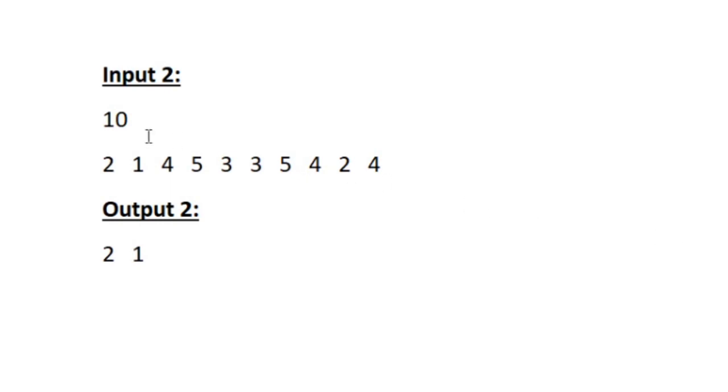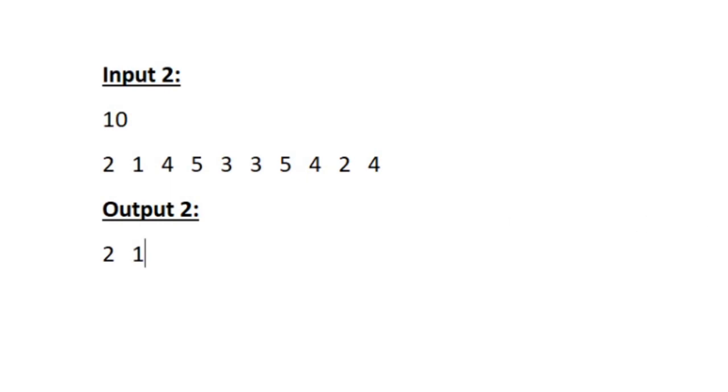So this is our sample input 2, and again the value of n is equal to 10, and these are the 10 integers. So at the index 1 the integer 2 is present, so it has occurred only once, and then at the next index the integer 1 is present, so 1 has occurred for 1 time. So the value has occurred for value number of times, so this condition is satisfied because 1 has occurred 1 time. So we need to print the integers till this index. So we print the integers 2 and 1 as our output, and we ignore the remaining integers out of the n integers. So our output for the sample input 2 is 2 and 1.